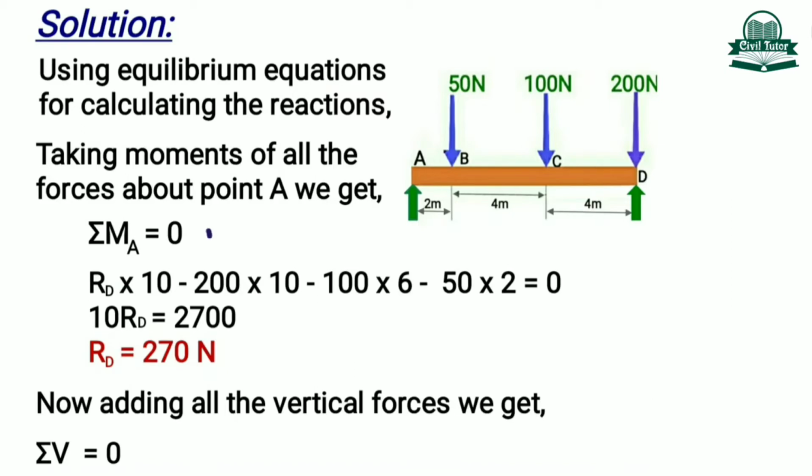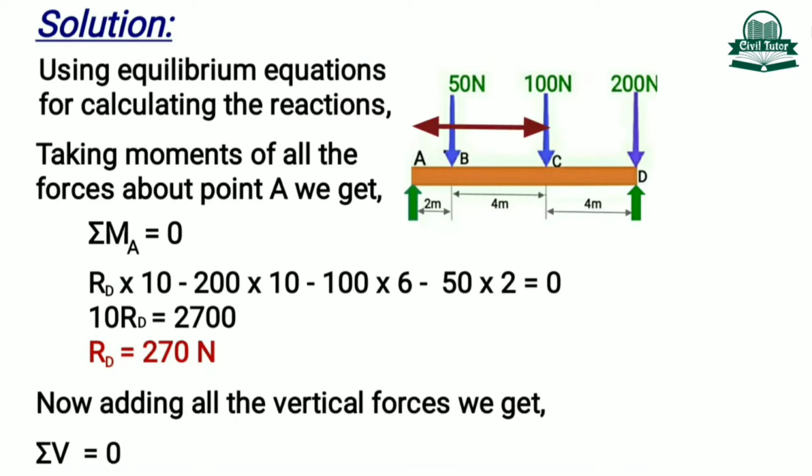So in order to get the moment equation, we have support reaction RD into this distance which is 10 meter minus moment due to this point load 200 Newton which is acting downwards. So it will have a clockwise effect on point A. That's why we are taking it as negative. The 100 Newton load is also acting downwards. That's why we are taking it as negative. And the moment due to 100 Newton will be equal to 100 Newton but minus times into this distance which